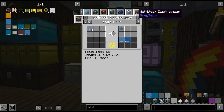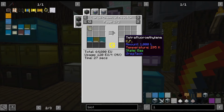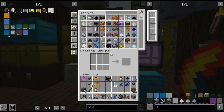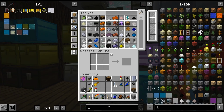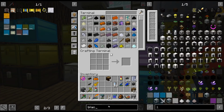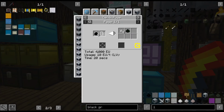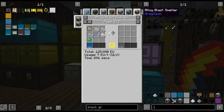fluorine and then the methane, but then we're getting, are we getting... Oh, I'm getting 2 things mixed up here. Yeah, I was also looking at silicon dioxide because we're going to get silicon dioxide from our black granite. And that also can be... Yeah, we get 4 silicon dioxide. So we're going to get an absolute ton of silicon dioxide. But then I can actually process that down into...